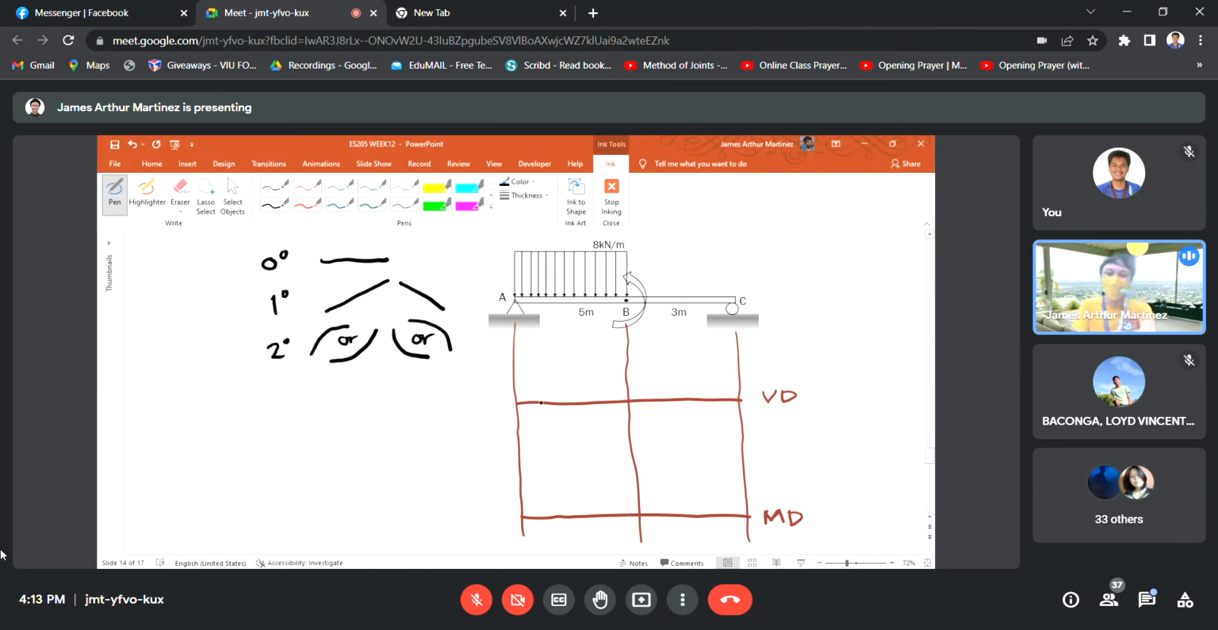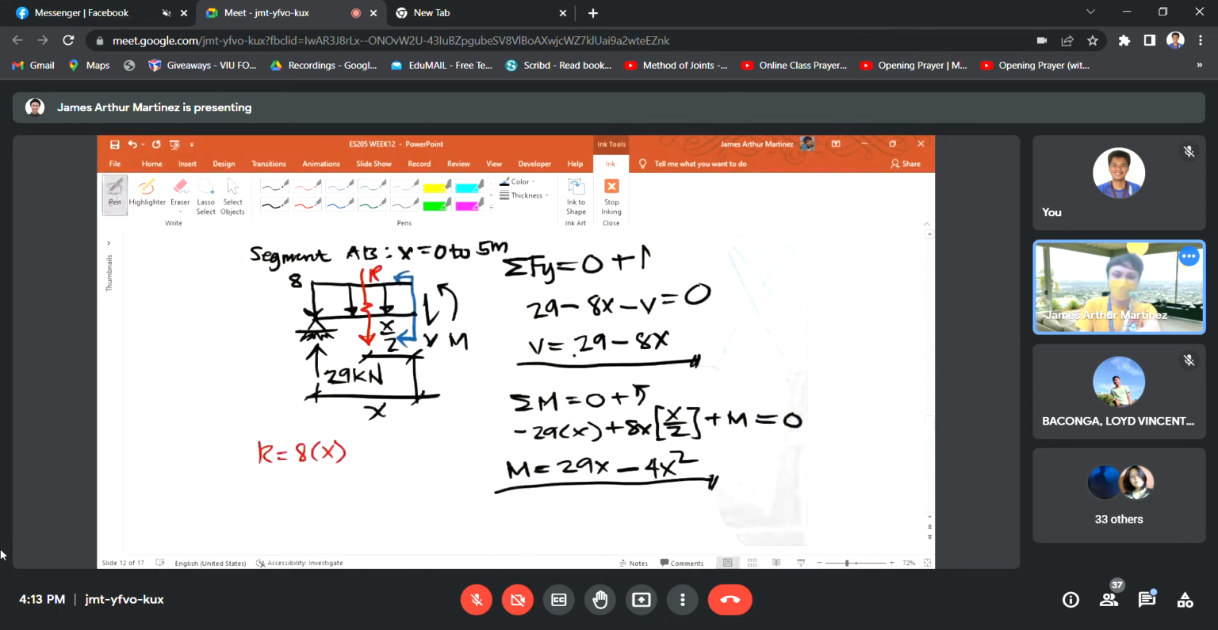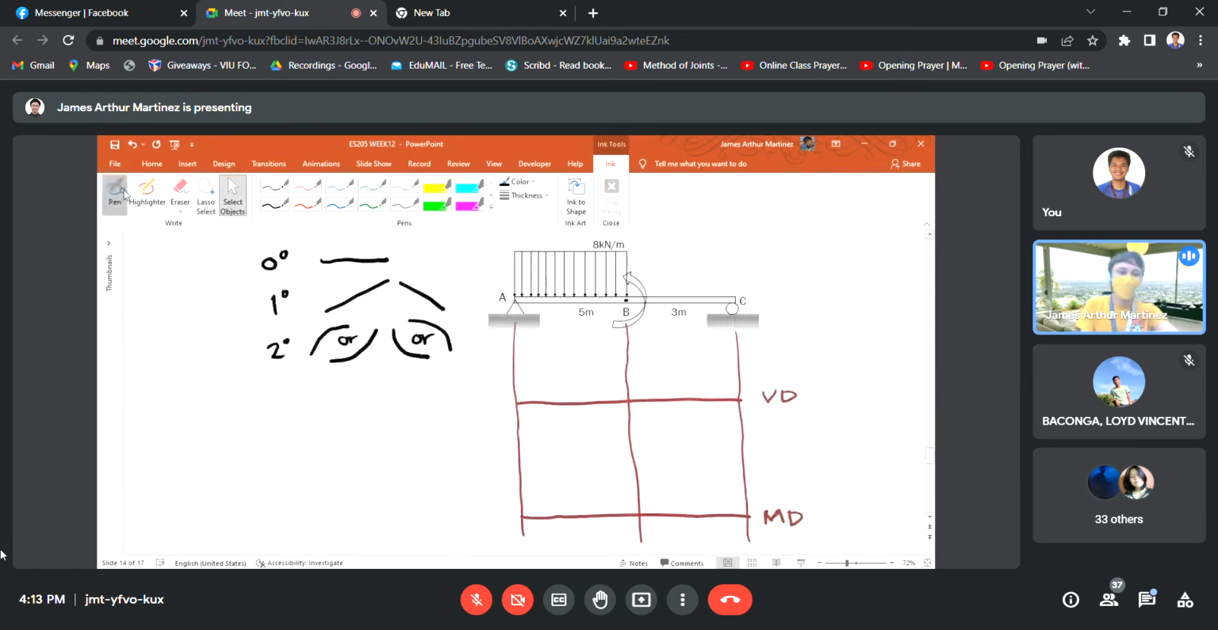So substituting that to our equation for the shear, for the internal shear of point A, you have 29 minus 8x, or 29 minus 8 times 0. So you have 29, no? So meaning class, positive 29. So taking the upward direction or the upward region as positive values, then the downward region as negative values. So positive 29. So you have here 29. Okay. So at point B, let us determine the location, or asa na to siya i-plot, i-locate ang shear force